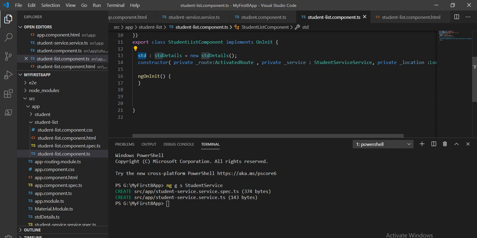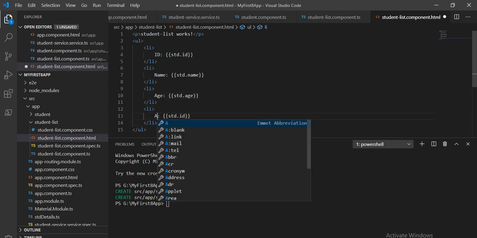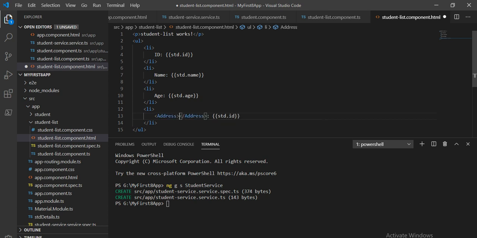Based on this, in this std we are going to define the values. So let's copy all this. Here name, and age, and address. And here it will come.